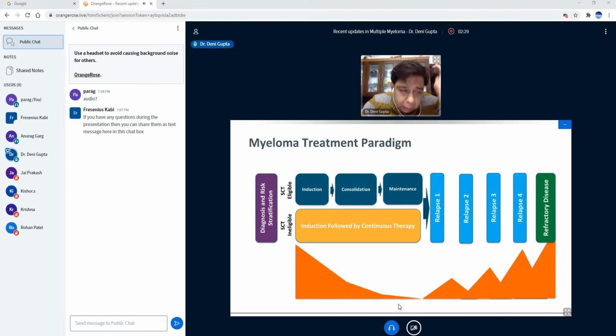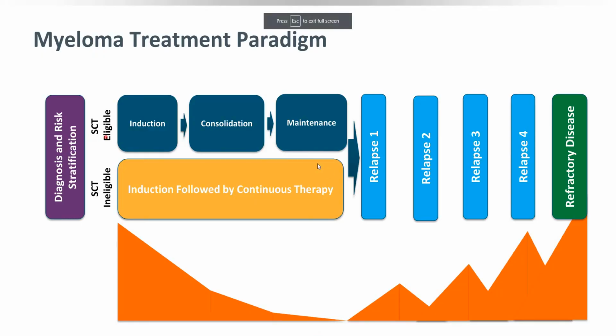These are all high risk category, and high risk category will take it as a stage 3. So after stratification, we go for whether the patient is transplant eligible or ineligible. So we draw this flow chart in each and every article, textbook. There are two flow charts, whether the patient is transplant eligible or non-eligible.